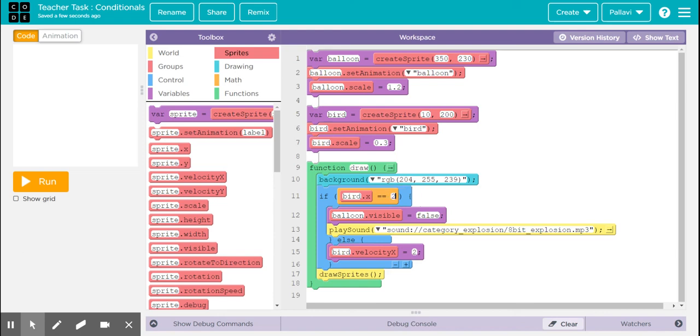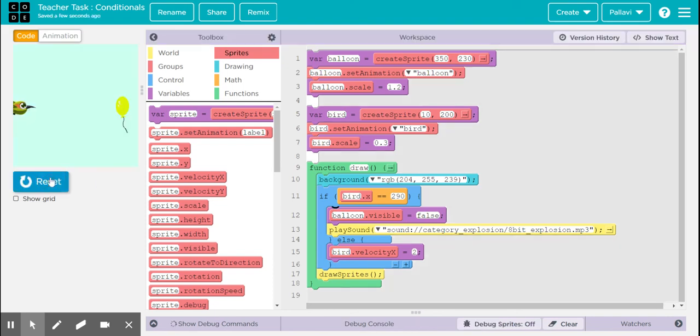So if I write 290, then all the way when the bird is traveling from its initial x position, which is 10, till 290, the bird velocity will be 2, because the first condition, the if condition, is false until it reaches 290, and only when the bird reaches the 290th x position, then the if condition will be true and the first statement will be executed.